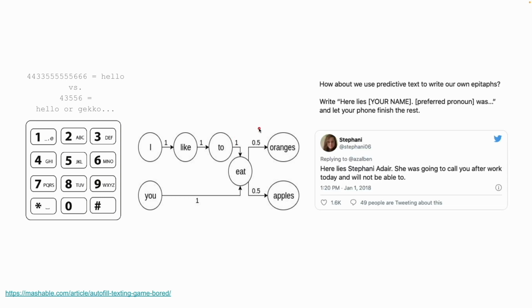If you're above the age of 35, maybe you've actually played this game on the product formerly known as Twitter, these predictive text games. How about we use predictive text to write your own epitaph? You type out, here lies Pat, he was, and then you just start selecting the predictive text on your iPhone to flush out a grammatically correct sentence, because it's using probabilities and relationships of words. As you construct that sentence probabilistically, this grammatically correct and syntactically correct and even semantically correct sentence appears,